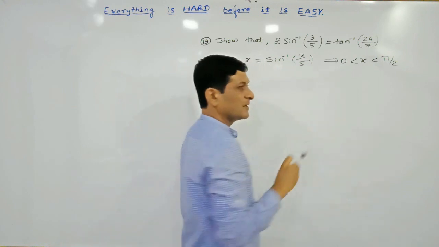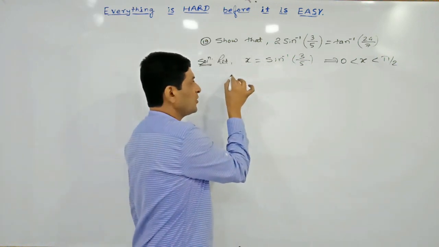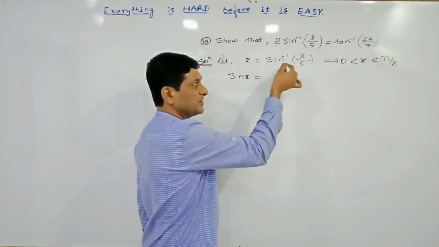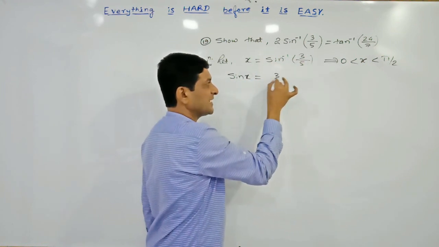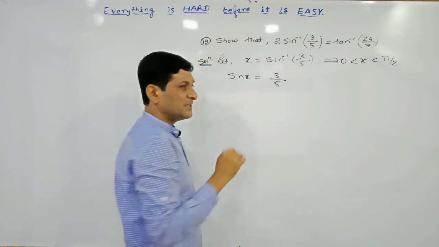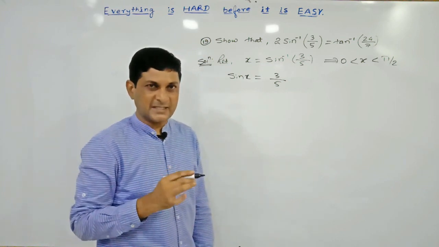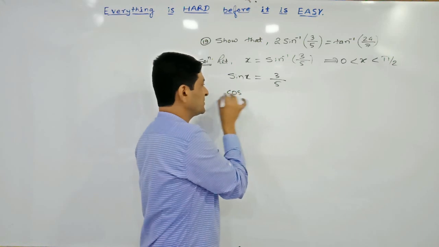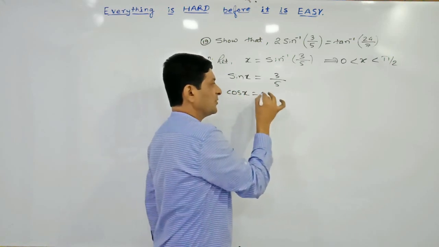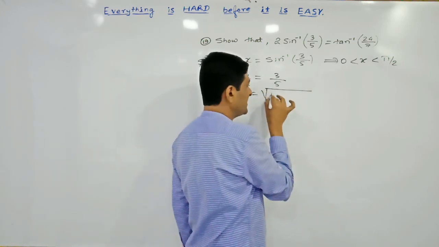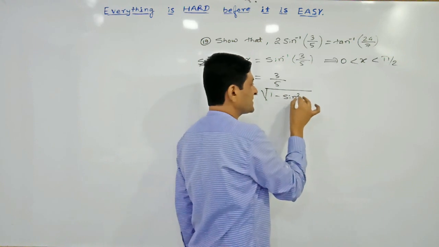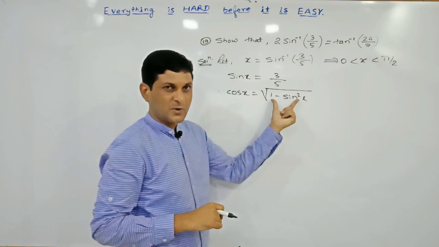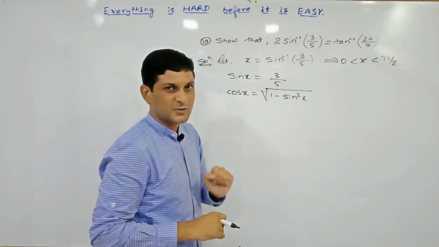Pi by 2. Okay. Now taking sine on both sides, on this side we will get sin x, and if we take sine on this side, sine and sine inverse will get cancelled, we will get 3 by 5. In this way we have got the value of sin x. From the value of sin x, we are trying to find the value of cos x. So therefore cos x is equal to, can I write cos x as under root 1 minus sin square x? According to the identity, 1 minus sin square x is cos square x. Cos square x outside the root will become what? Cos x.